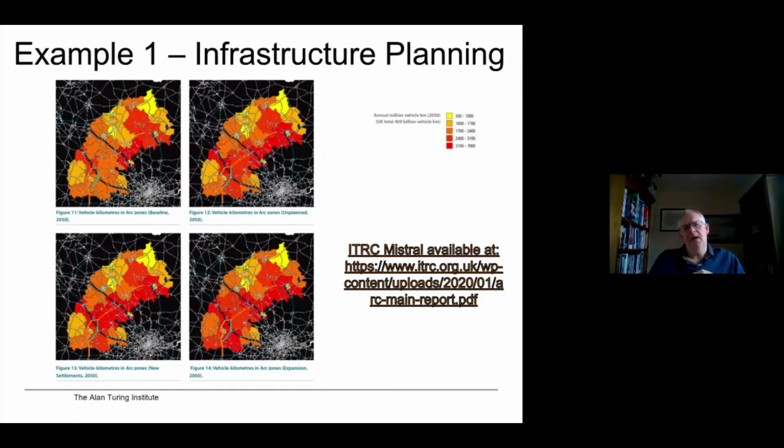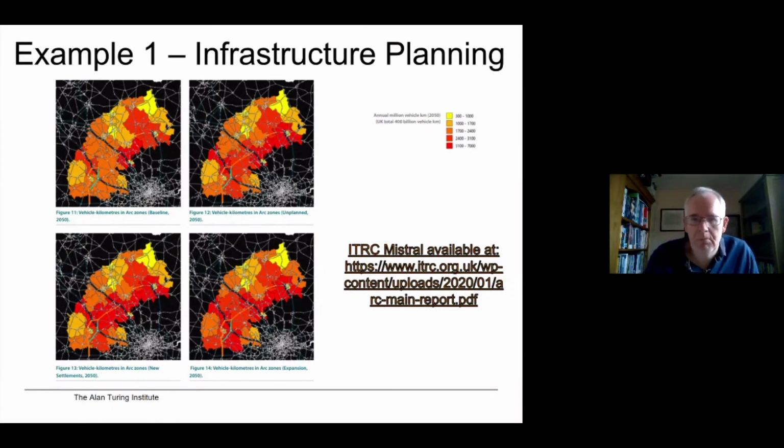So in this particular case, we're looking at the effect of these different policy scenarios on transportation and movement patterns in these regions. So again, I won't go into the detail, but we can see different kinds of transport outcomes from the different